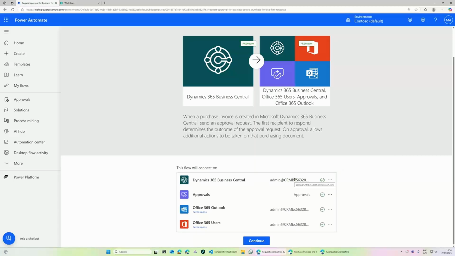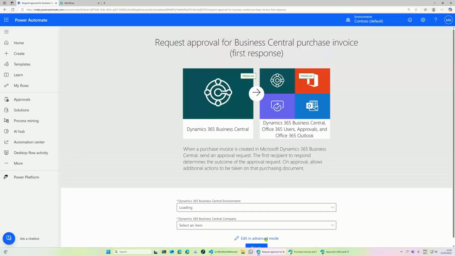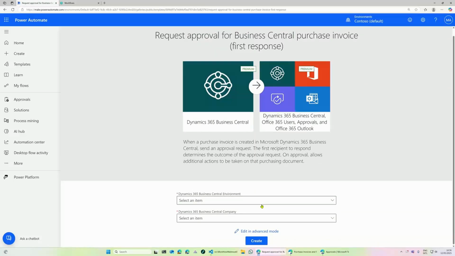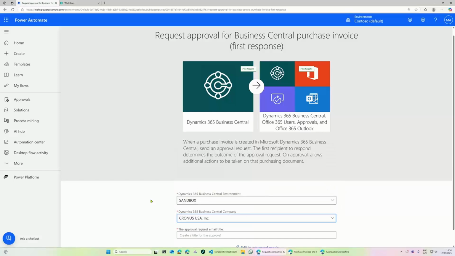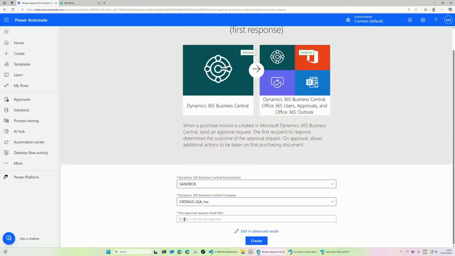Otherwise, you would have links here to create the connections for you. Then I need to select the environment. It's going to be my sandbox and my Cronus company, and give an email title. Please approve this document. Well, actually, it's for a purchase invoice, so maybe I should just say approve this purchase invoice.